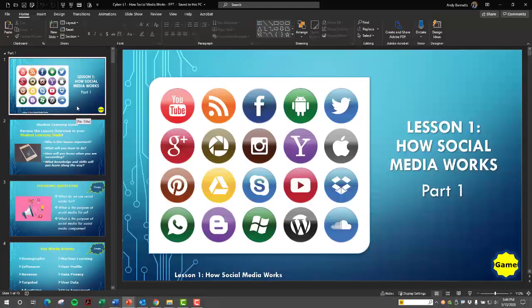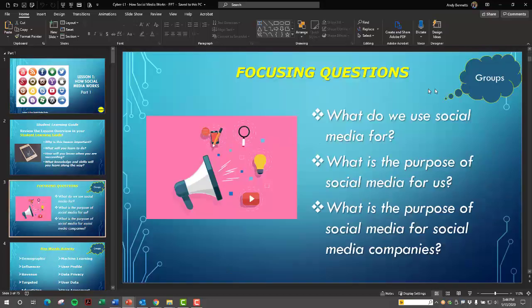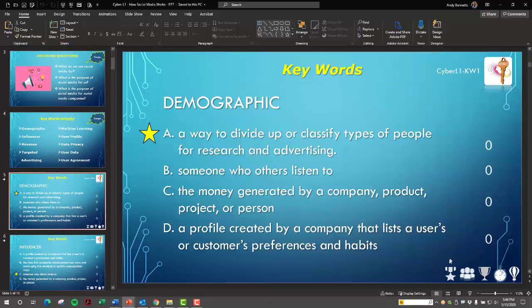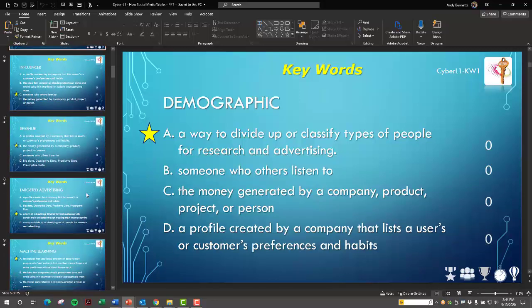This is set up much like Course 3 was. So we've got our game icon there, we've got our little group icons. You can see that it's already tied in with Turning Point. The color scheme's a little bit different, but all of the functions are the same. So you've got your same leaderboards. You can ask keyword questions here.